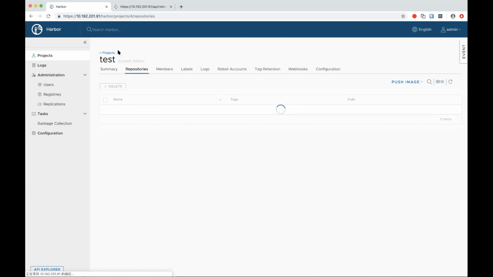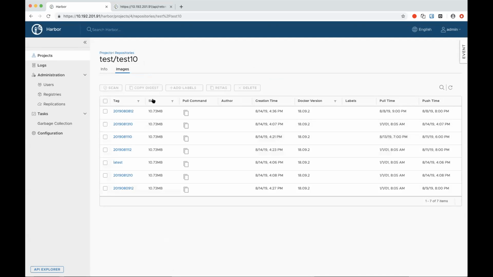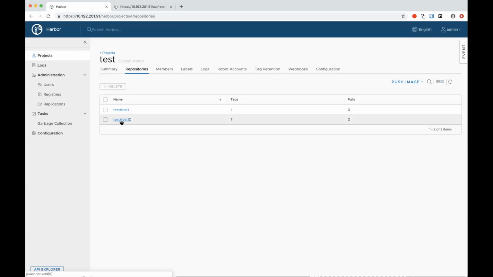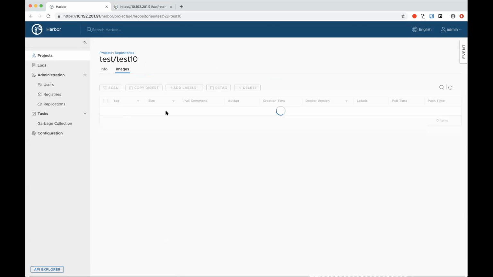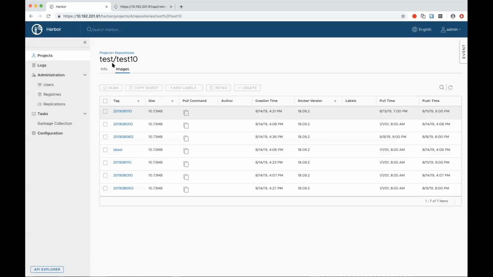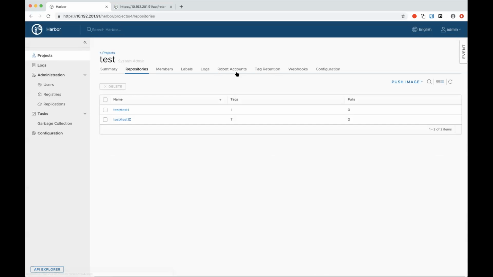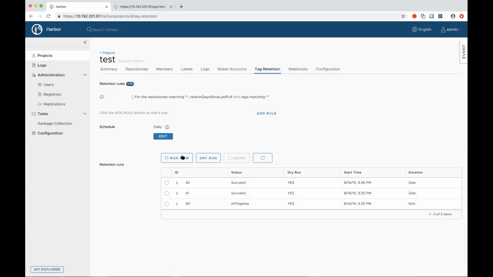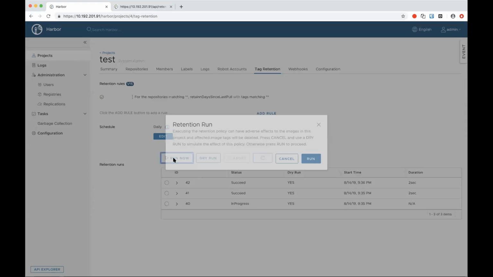Now I will do a real action. Okay, sorry. Just now I only did the dry run. It will not delete the images. Now I will run it.